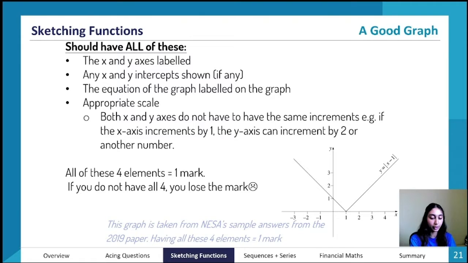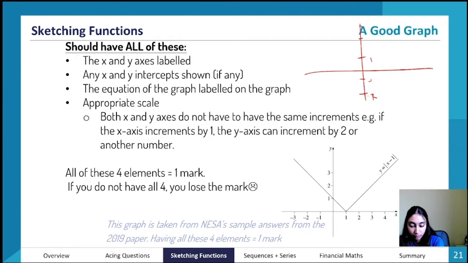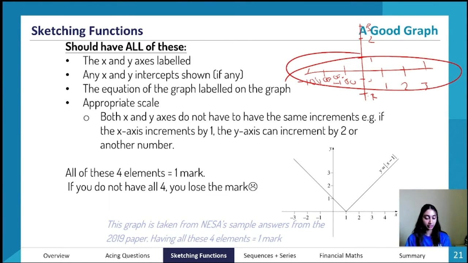An example of what you shouldn't do is, let's say we have -2, -1, 1, 2, 3. And then on this side, we've got 1, 2, 3, and this is -100, -1,000,000. Okay, that's 100 million, never mind. But you see the point, right? There is no actual uniformity with the axis, which you need to have.